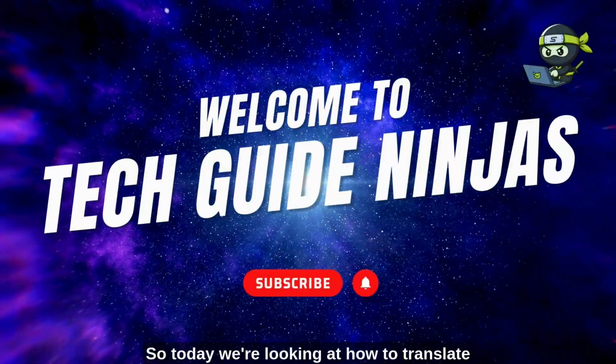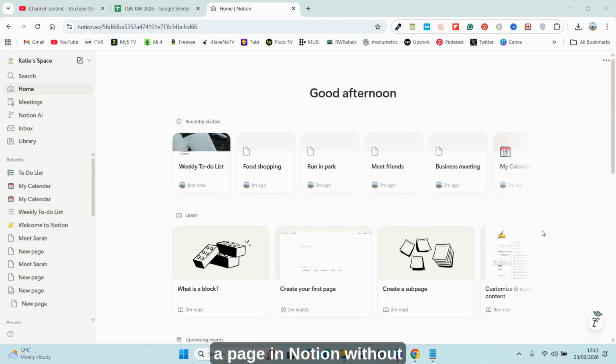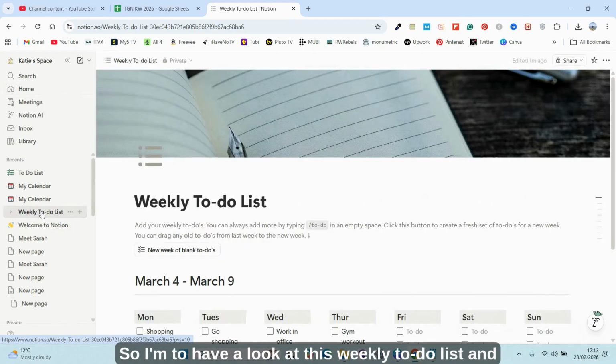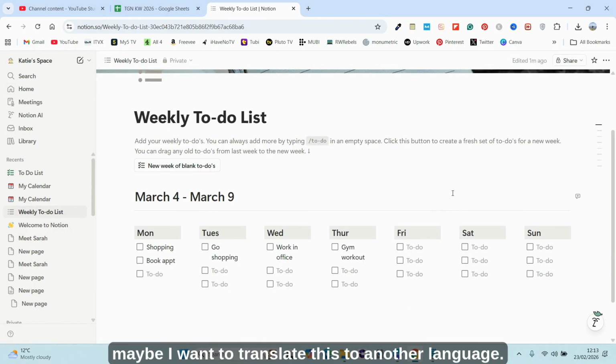So today we're looking at how to translate a page in Notion without using external apps. It's really simple. From your homepage on Notion, head to the page that you want to translate. I'm looking at my list on the side. I'm going to have a look at this weekly to-do list, and maybe I want to translate this to